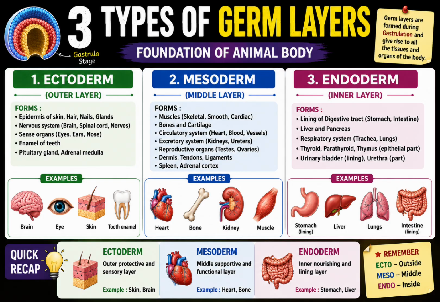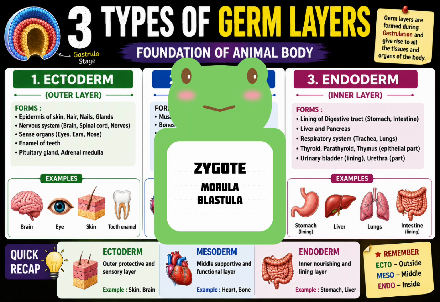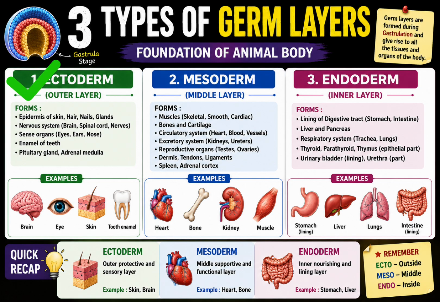See how its formation occurs. After fertilization, the zygote undergoes cleavage to form morula, then blastula and finally gastrula. Gastrula is the stage where the germ layers are formed. The ectoderm is the outer germ layer, and the derivatives of ectoderm are the nervous system like brain, spinal cord, peripheral nerves, etc. Then the sense organs like eyes, inner ear and nose, skin, hair, nails, sweat glands, sebaceous glands, enamel of teeth and the pituitary gland, etc.